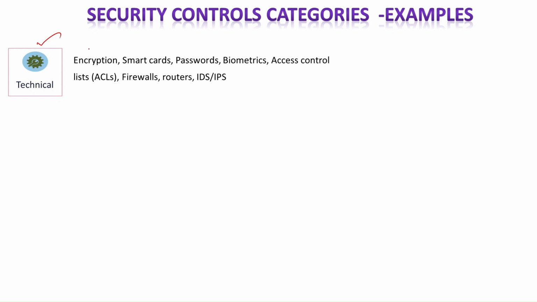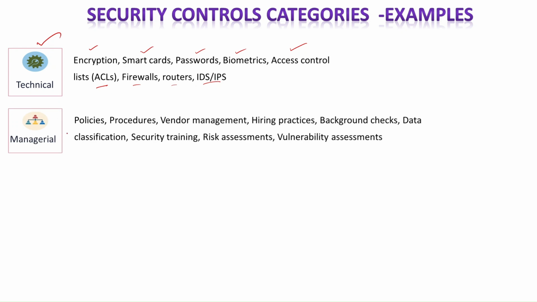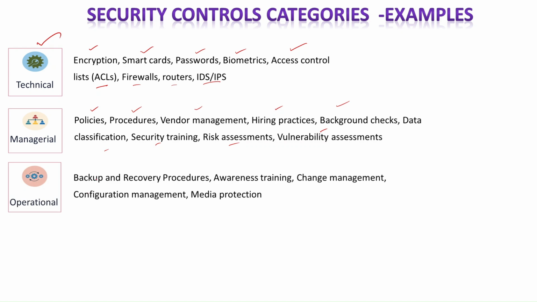First one is the technical, which includes encryption, smart cards, passwords, biometrics, access control list, that is ACL, firewalls, routers, IDS, and IPS, that is intrusion detection and intrusion prevention system. Managerial controls include policies, procedures, vendor management, hiring practices, background checks, data classification, security training, risk assessment, and vulnerability assessments. Operational controls include backup and recovery procedures. Remember, these are day-to-day tasks performed by individuals,